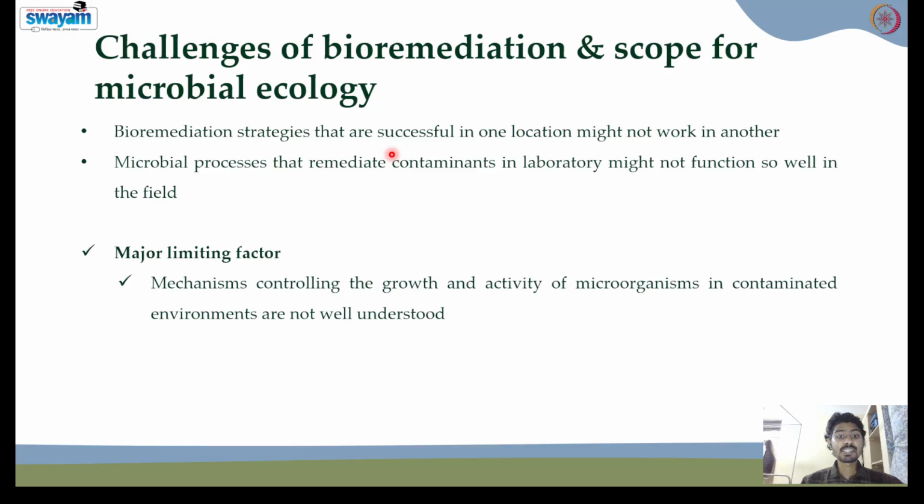And also the lab versus field. For example, in the lab, everything is controlled. That is, you will have a controlled temperature, pH, oxygen, or nutrients, so the microbes will thrive, grow happily, and degrade the contaminants. But when we move to real-time conditions, due to the complex nature of the environmental contaminants, things get complicated. So we could not get accurate results as we saw in the lab studies. So the main challenge is that success can change from one location to another.